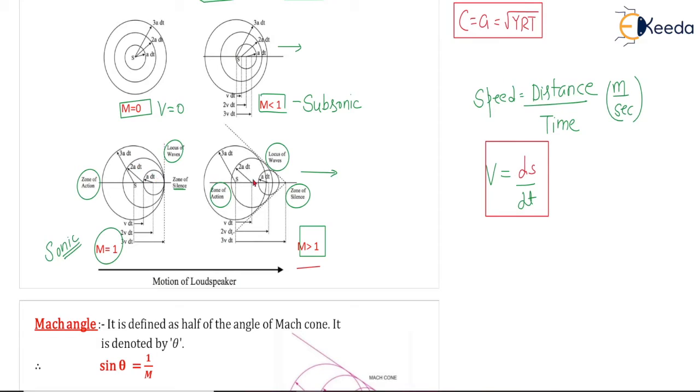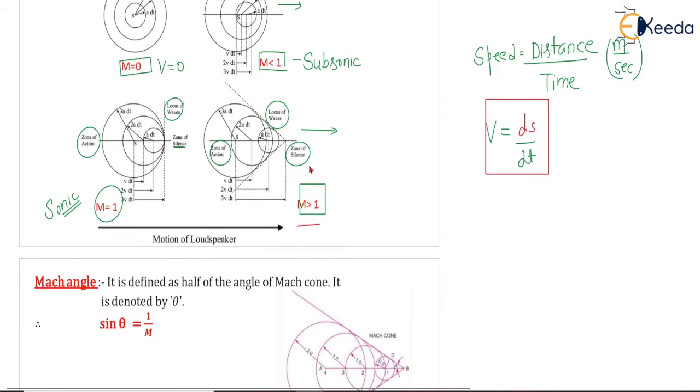But here you can see the circle is moving forward because the velocity of the object is greater than the velocity of the sound. When it is not moving at all, you'll get this type of wave propagation, and when it is moving at a lesser speed than the velocity of sound, you'll be getting this type of pressure wave disturbance propagation, right?